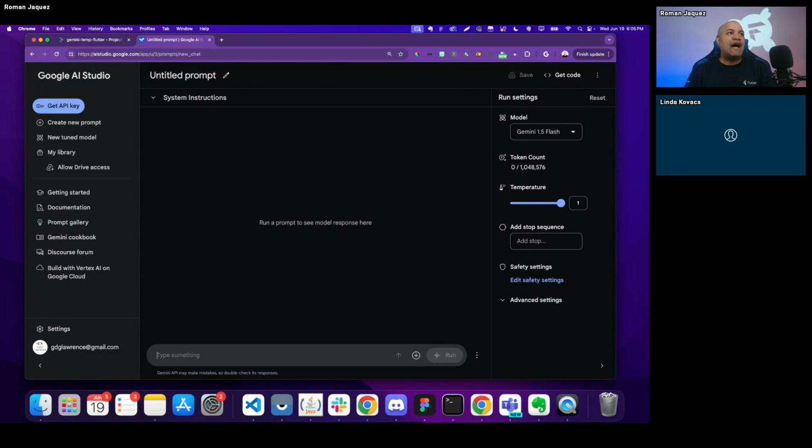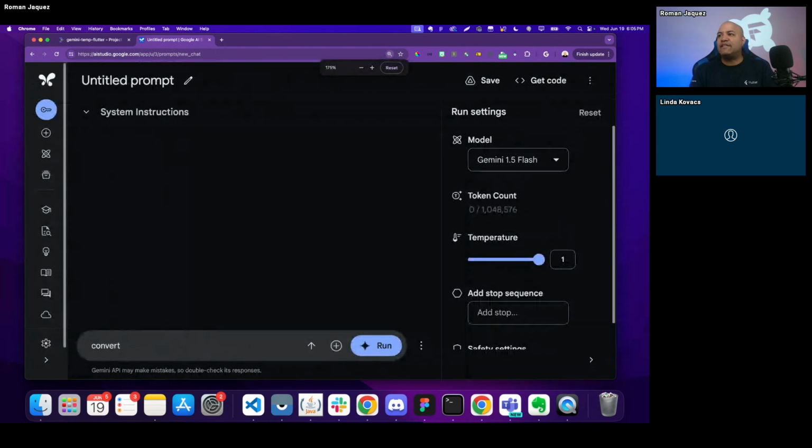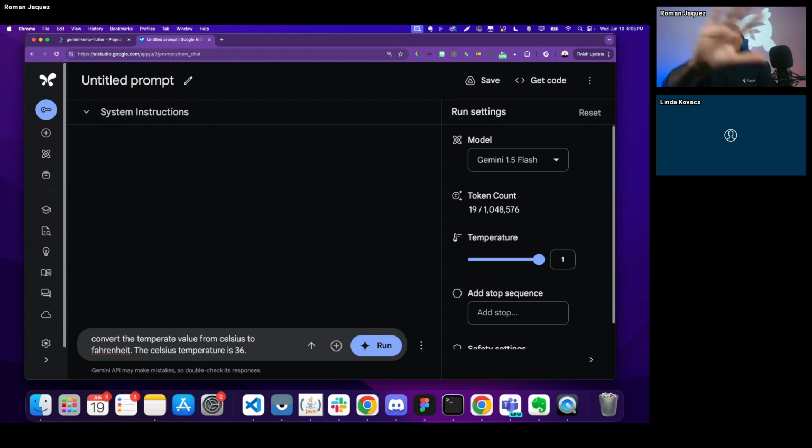I wanted to type something like this. I wanted to say convert. Let me zoom in so that you guys can see it. I wanted to say convert the temperature value from Celsius to Fahrenheit, right? The Celsius temperature is 36. So this is the 36. This is the way that you prototype using AI Studio, and you talk to Gemini just using this interface